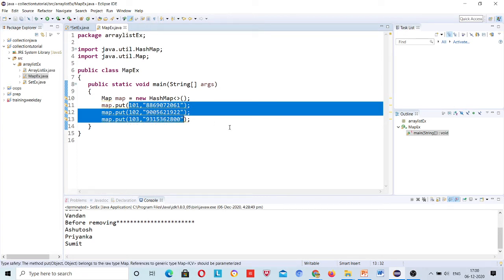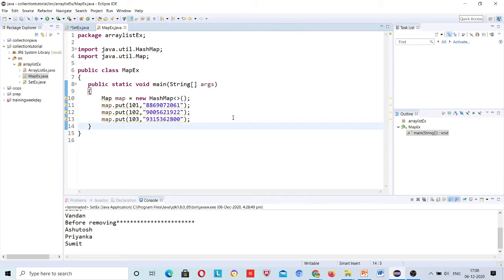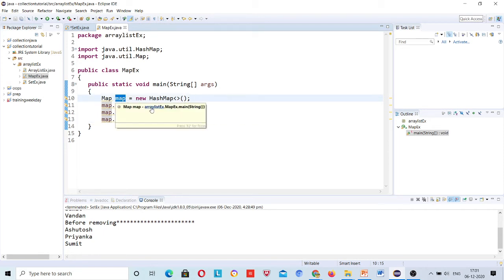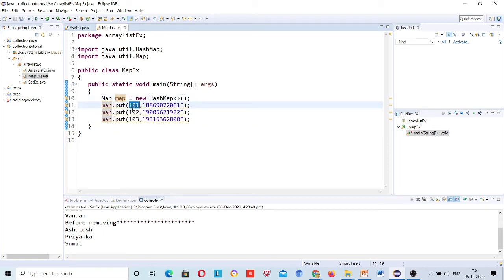But in a list, single values are added inside the list, right? In a set, single values are added, right? Those are values only, there is no key, right? So first you should have a key set, that this is my key set, and on this basis I have to iterate, right? So first you need to convert this map into a key set, right? Means you need to provide a key set on which basis you need to iterate. You cannot iterate using the map directly. You need to convert your map into a set first, right?